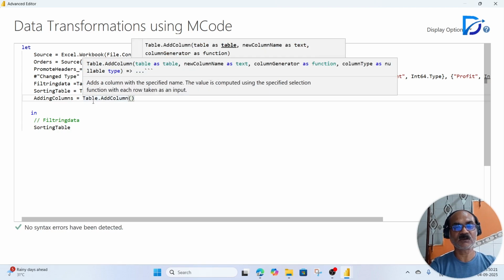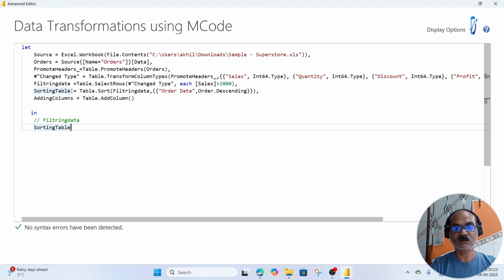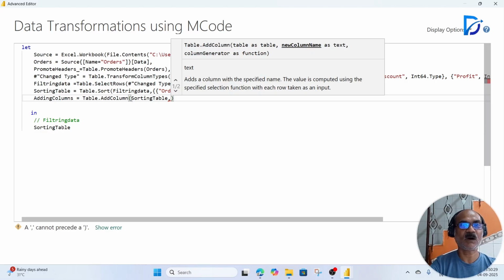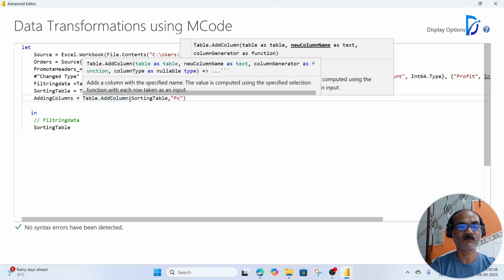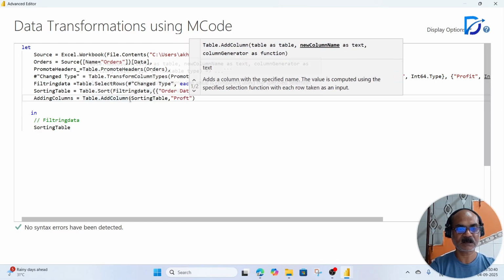In which table are you going to add the column? In this step, I'm going to add the column. What should your column name be? Give it as per your choice. Profit